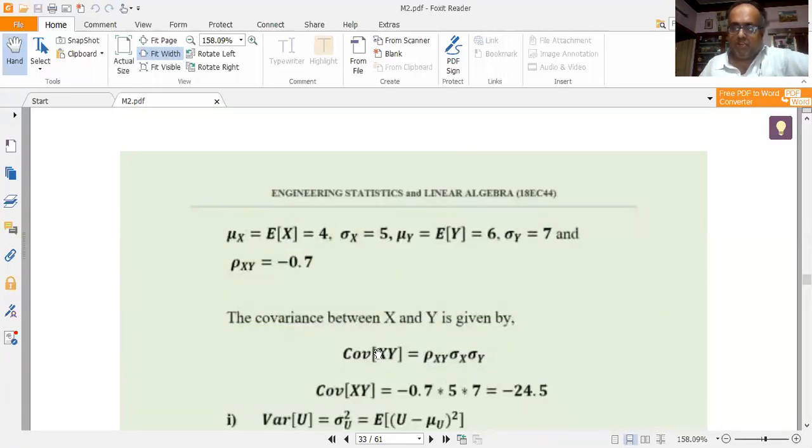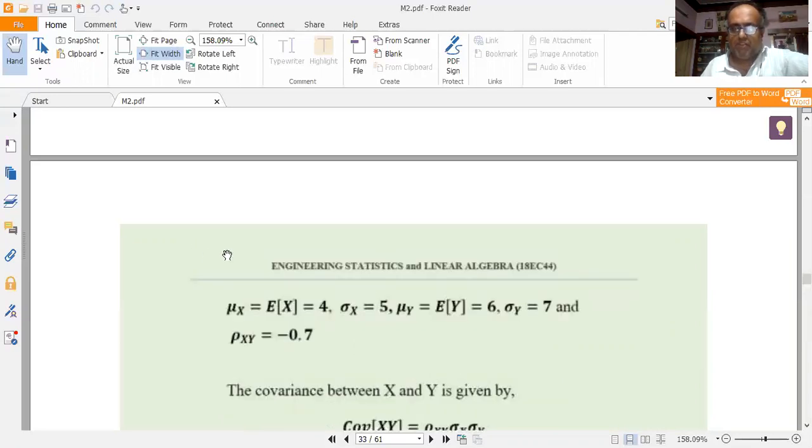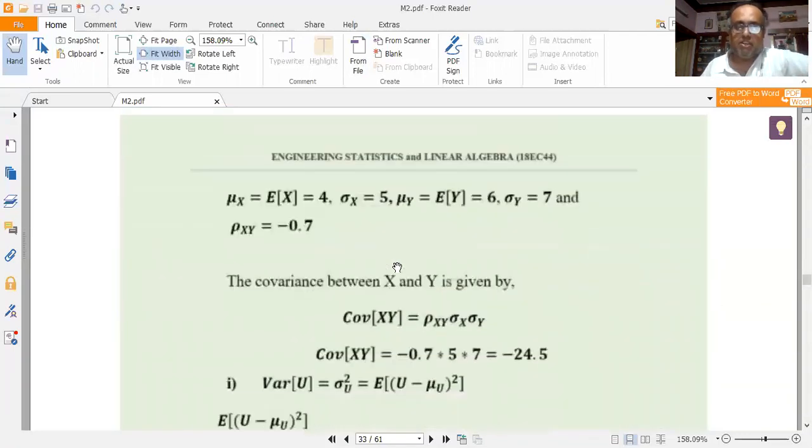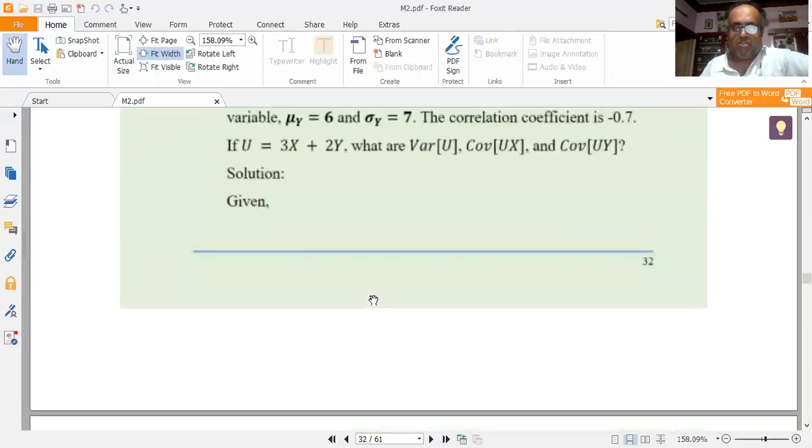So I have jotted down the data that has been given. Mu x is equal to 4, sigma x is equal to 5, mu y is equal to 6, sigma y is equal to 7, rho xy is equal to minus 0.7. I told these things earlier at a faster pace, but these are the things that have been given in the problem statement, the data I have written here. Now I have to find the covariance